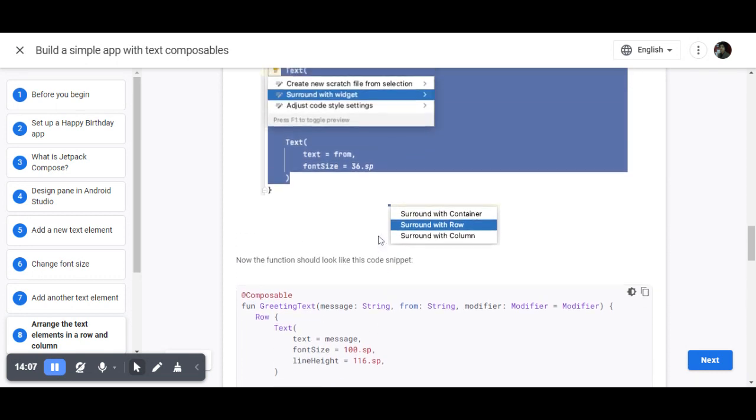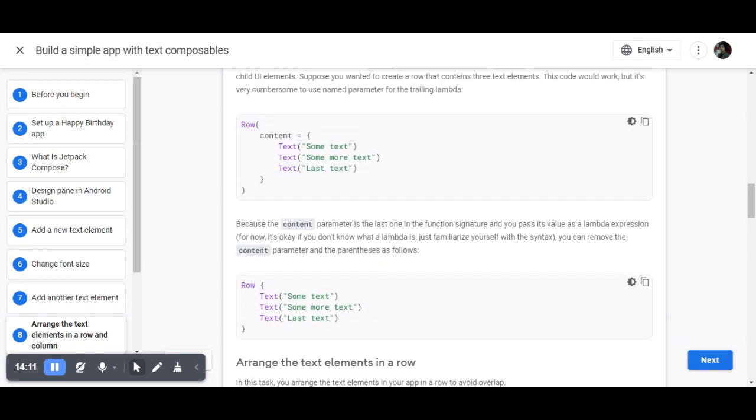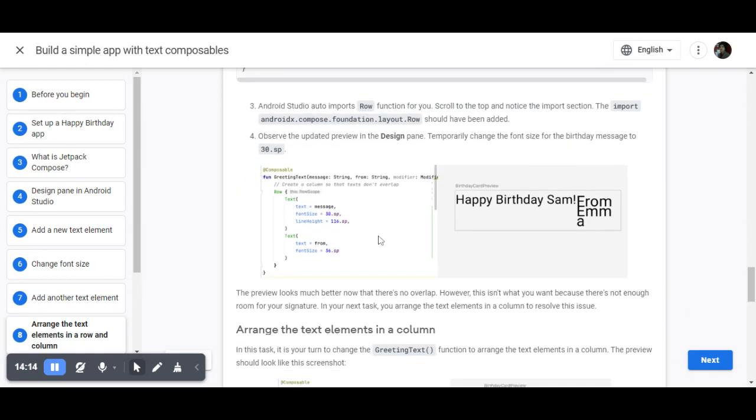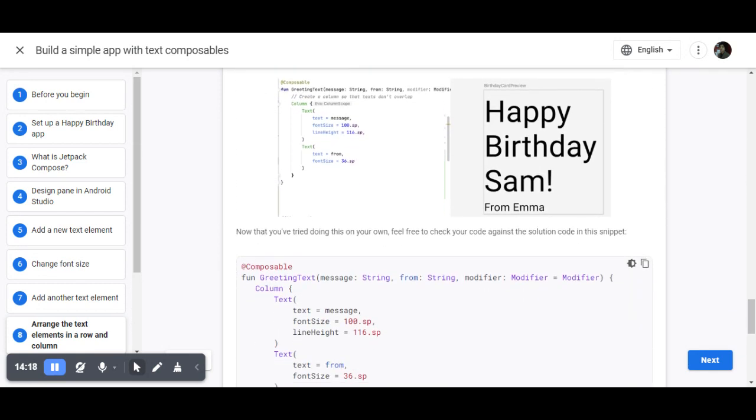Definitely row is used whenever we need to align the children in the horizontal alignment. So let's come to the coding part. So I'm using here, you can see, just change this to column, and